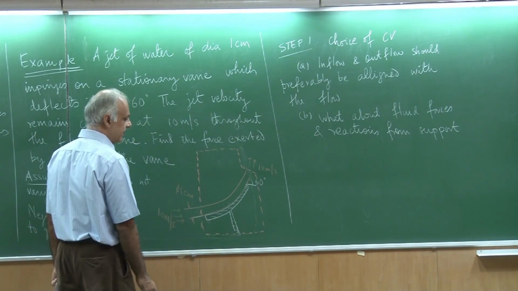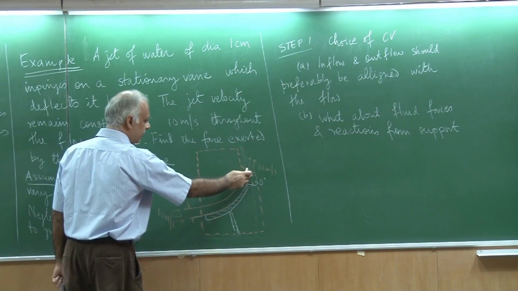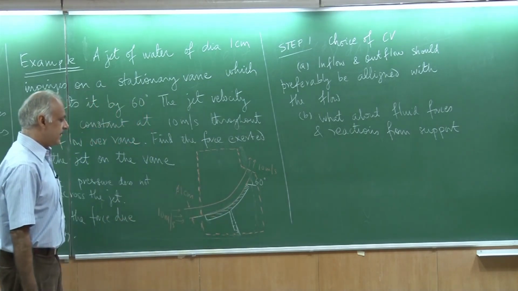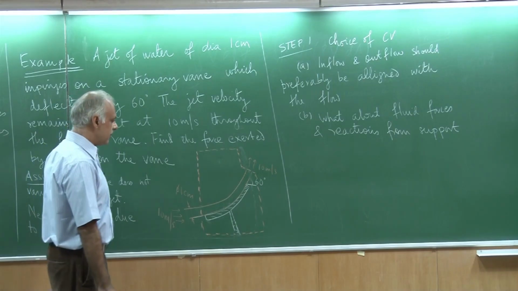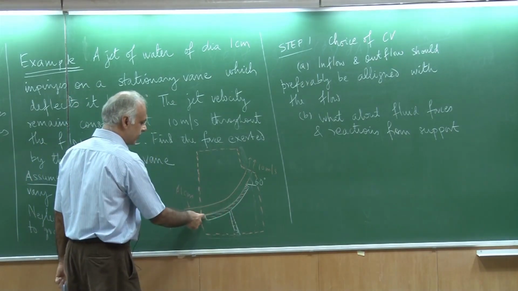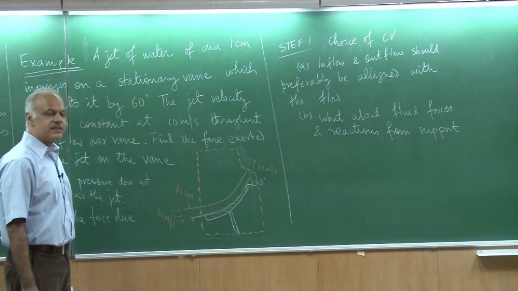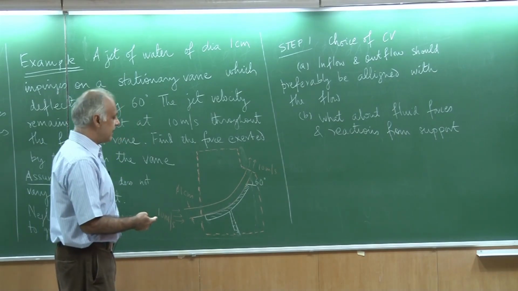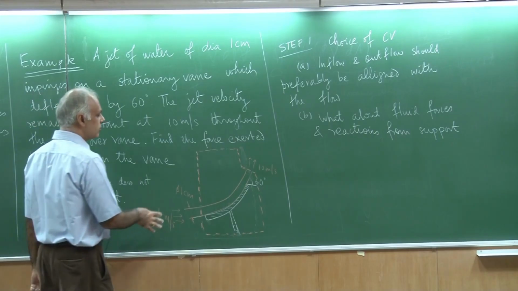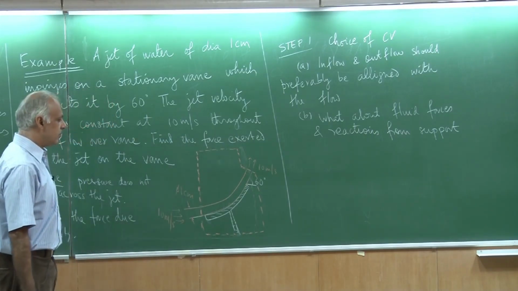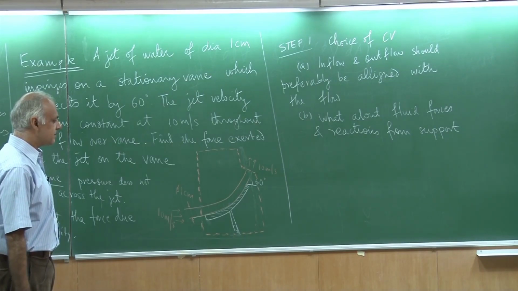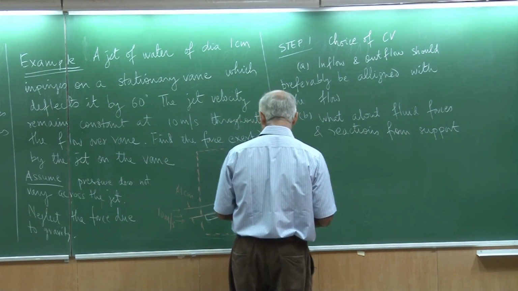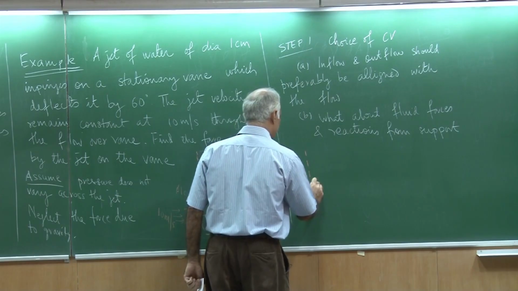On the contrary, if I chose a control volume that goes something like this, tracing my finger over the vane, then the force acting on the control volume would involve the shear forces on the vane and the pressure that I would see at the interface of the vane and the fluid. So we'll look at that also as another choice of control volume. So first I want to show you the analysis with this control volume that we have marked. Let me then just draw the control volume and we'll do the analysis.